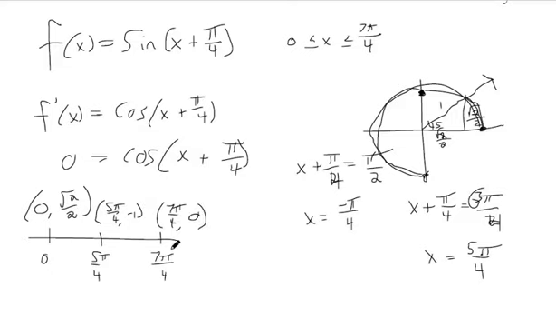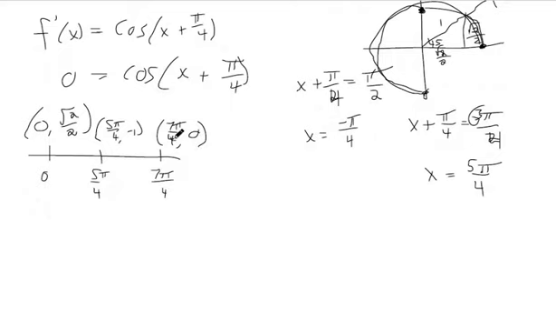Okay, so now we can say what the maxes and mins are for the entire function. What's the lowest y-coordinate? Lowest y-coordinate is negative 1. So at 5 pi over 4, we reach a minimum on this interval of negative 1. Okay. I'm just double checking because sometimes I mess stuff up. No, that's right. Okay, because that's the lowest y-coordinate. The highest y-coordinate, according to our analysis, is square root of 2 over 2, so this is the maximum. The maximum occurs at 0,